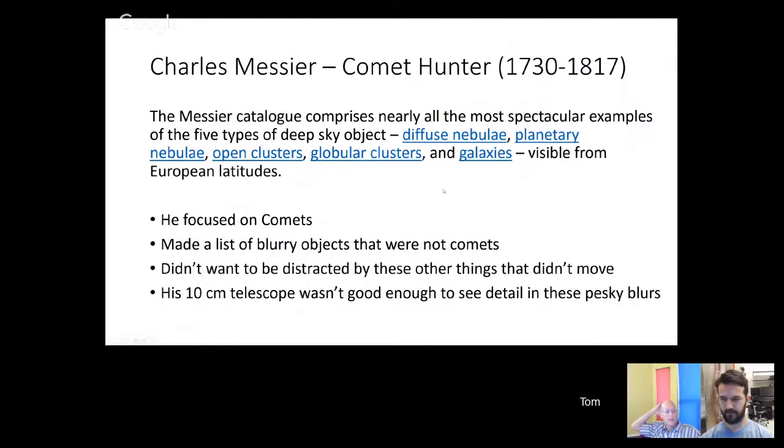So let's talk about Charles Messier. He was a comet hunter in the 1700s, and he was looking for comets. And comets move in the sky from night to night, so that's how you can tell it's a comet and not some object stuck on the celestial sphere. And if it didn't move and it was blurry, he didn't want anything to do with it. He didn't want to get confused with it, so he made a list not to look at these objects anymore,